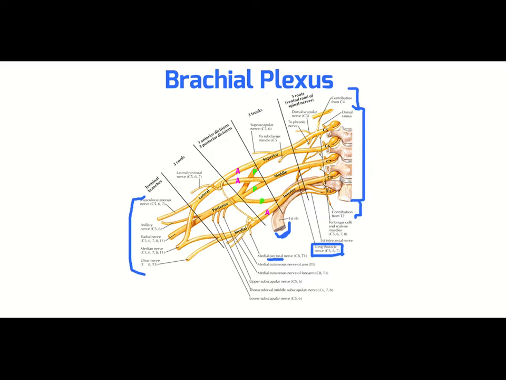Obviously, our pectoral nerves will be important. We can obviously guess that they're going to innervate the pecs. And then we also see some of our nerves that are going to innervate the rotator cuff, and again, that long thoracic nerve. So we just want to make sure that we have a good idea where they're coming from. We'll walk through this plexus again in class, making sure that we really understand where we're going and what these